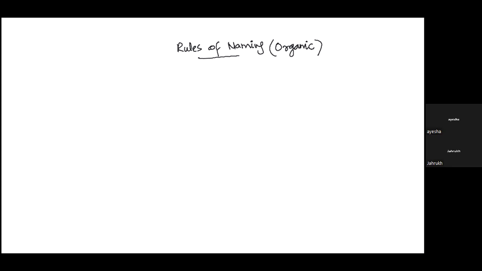So now we're going to go with rules of naming, and I'm going to explain rule by rule by giving you different examples so that it's easier for you to understand. And while we're explaining the rules of naming, I'm simply going to go with alkanes first. Let's start with the most basic rule. As soon as you see a chain in front of yourself like this one,